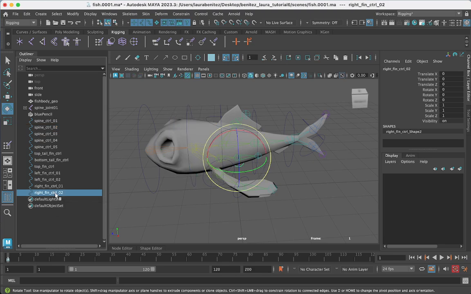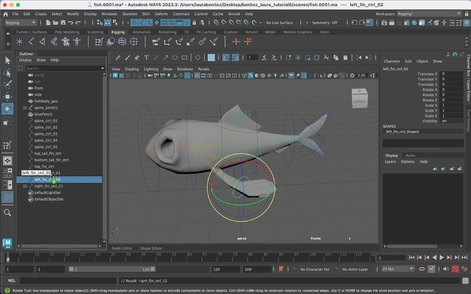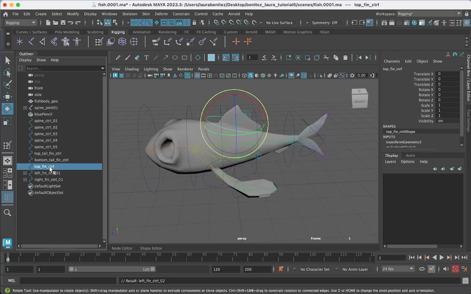So first things first, middle mouse drag right fin control 2 into right fin control 1, left fin control 2, middle mouse drag it into left fin control 1. And the top fins here, well, we're going to middle mouse drag this into spine control 3,